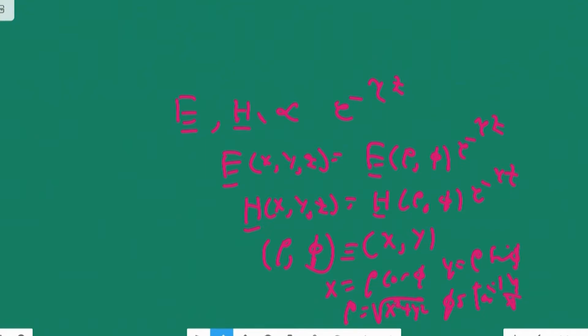So, we have seen that when you have an exponential dependence upon z as e power minus gamma z, where gamma is the propagation constant, then you can write the transverse component of the electric field as E rho into rho cap plus E phi into phi cap. Rho cap, phi cap are the unit vectors along the rho direction and along the phi direction. It is also the same as of course Ex x cap plus Ey y cap,